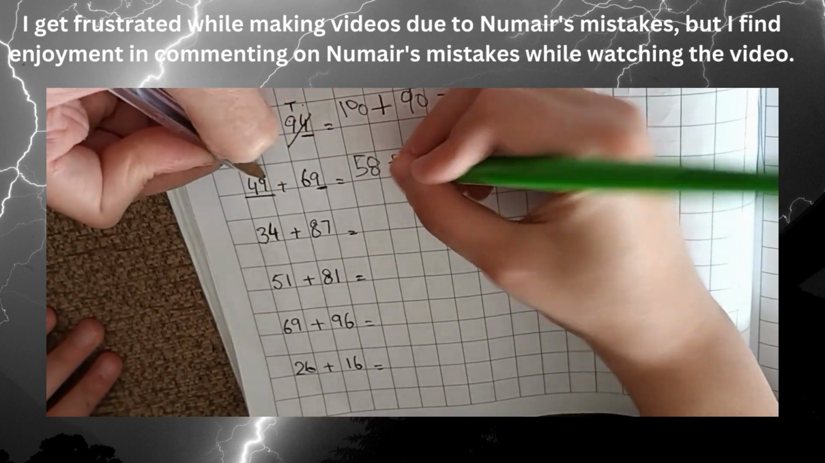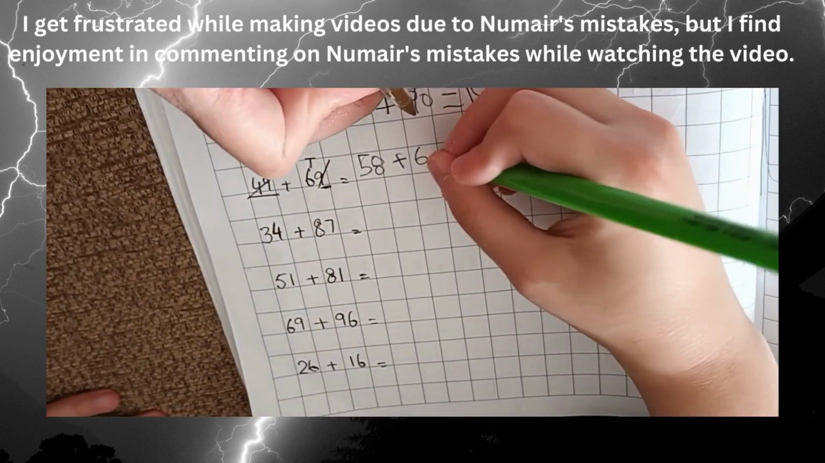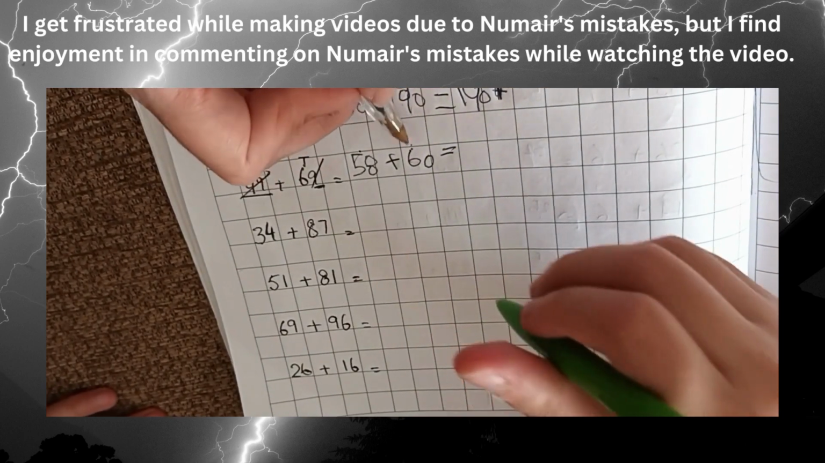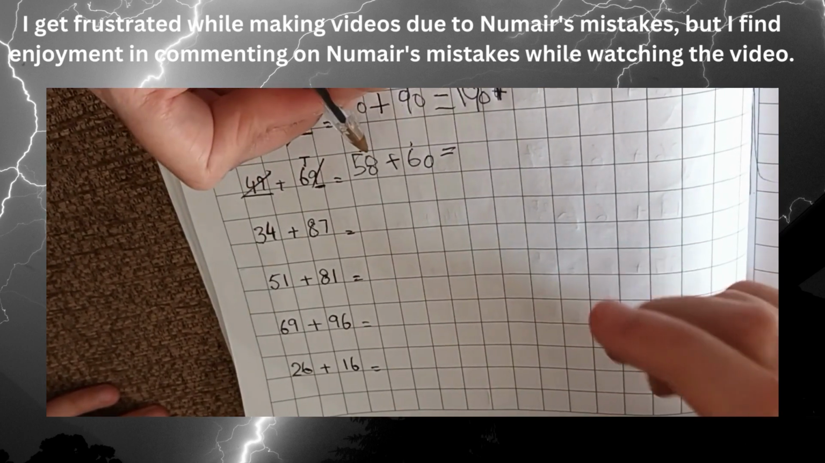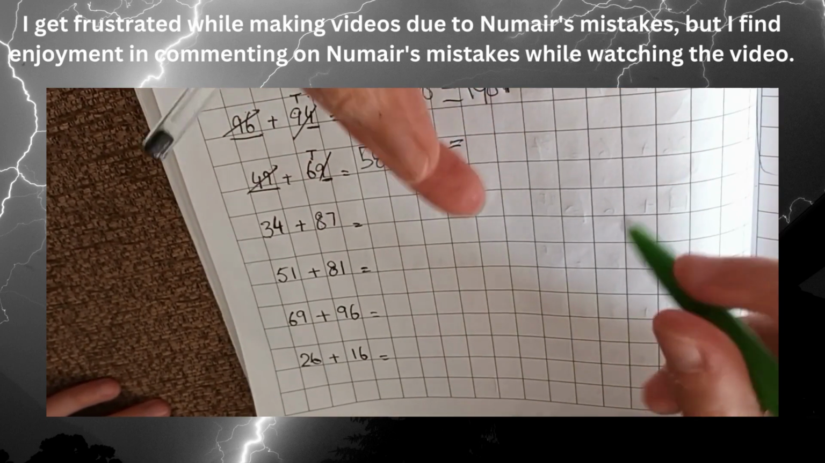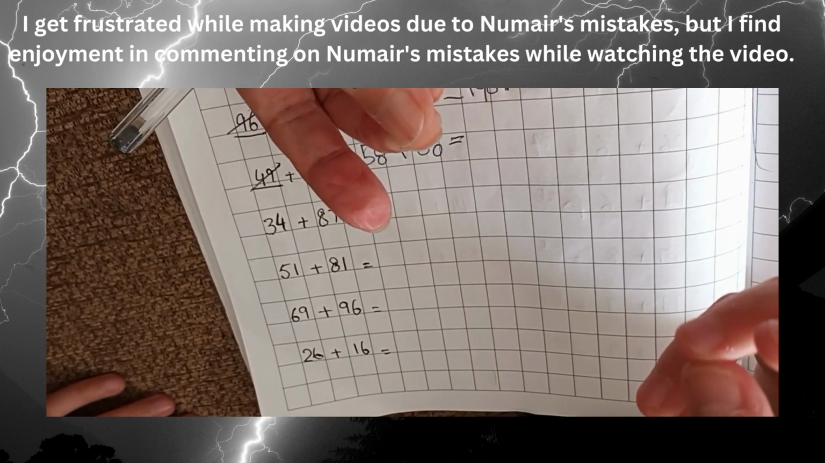So we solved 49 and 9. What's left? 6 tens. So add 60. 60 means 6 tens. So 58 add 6 tens. So we get 68, 78, 88, 98 and